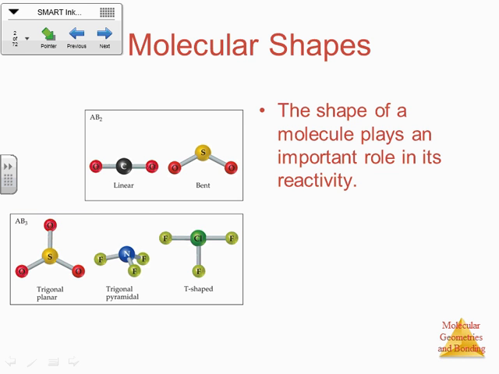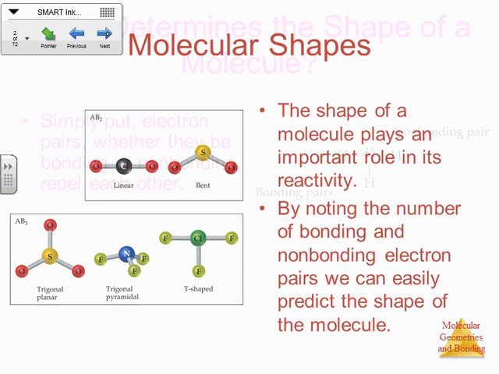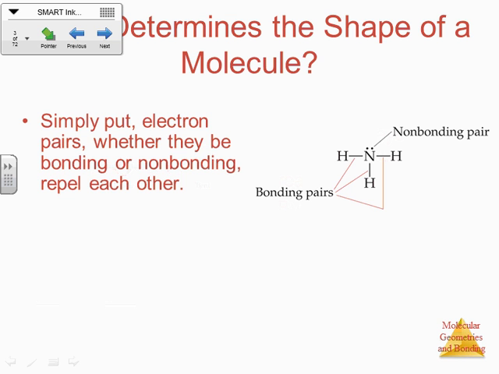But the shape of a molecule is important when we're talking about how reactive it is. And we did this last year, looking at the bonding and non-bonding electron pairs and figuring out the shapes of the molecules. Okay, so I'm going to go through this fairly fast because, again, we did this last year. So when determining the shape of a molecule,